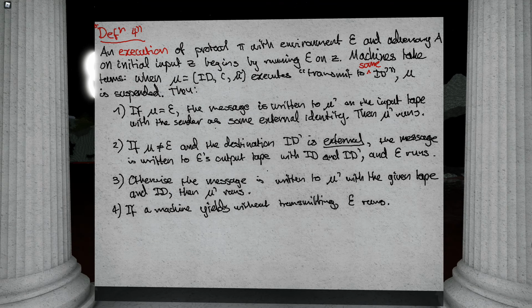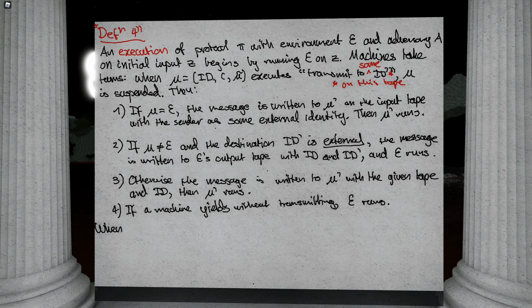And then at some point that machine will provide output and it says transmit to my caller on the output tape. So that's specified in this instruction. Maybe I add a note here with on this tape. Does that make sense? Yeah, that makes sense. Okay, and